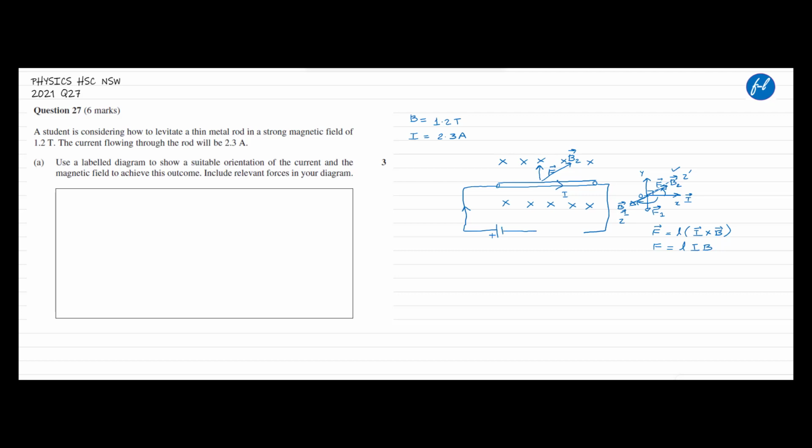Yeah. So maybe we can put a resistor over here. So this is the current I, and there is a voltage or EMF V. So that's the answer. So this is our circuit diagram which shows the levitation of the rod by placing it